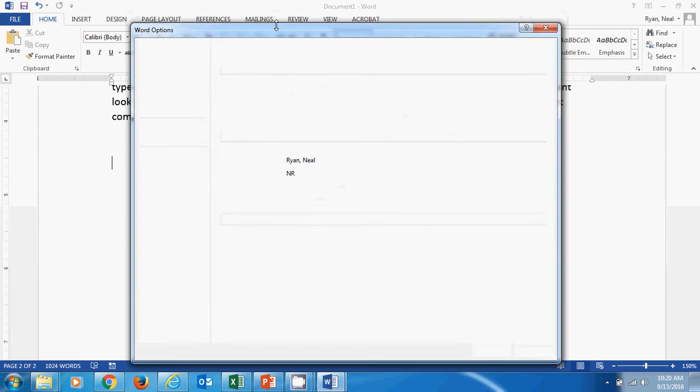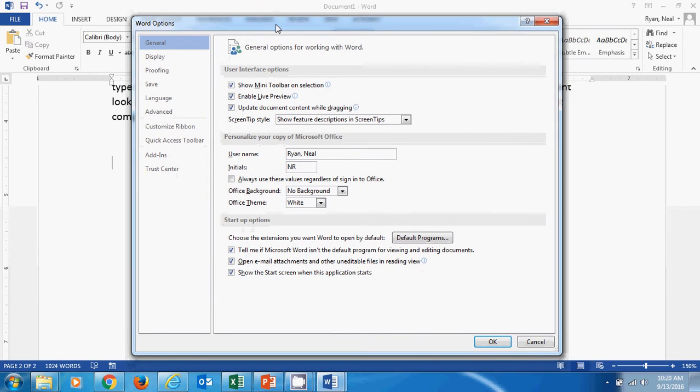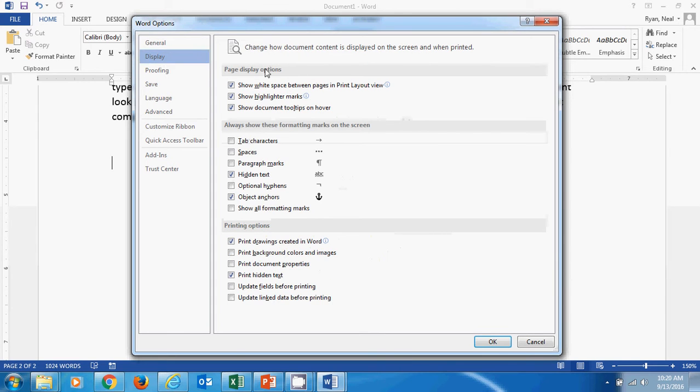If I'm going too fast on this, go ahead and just pause the video. Play with whatever option that you come across, whatever command or feature, and then return to the video to move forward and see what the other stuff is. Under the Display tab, this is where you allow yourself to see a lot of things that we don't normally see. One of the things is